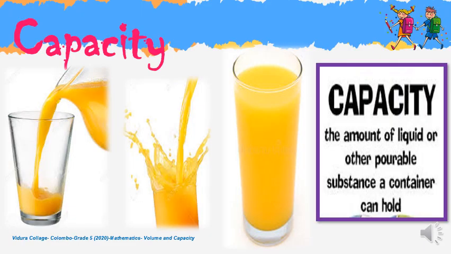Now we are going to learn what capacity is. Have you ever tried to fill a glass with juice? If you keep pouring juice into it, what will happen? It will overflow because there's no more space left in your glass to hold more juice. So capacity is the space inside a container or a vessel. Volume is the quantity of liquid that is contained in it. That means capacity is the total volume a container can hold.